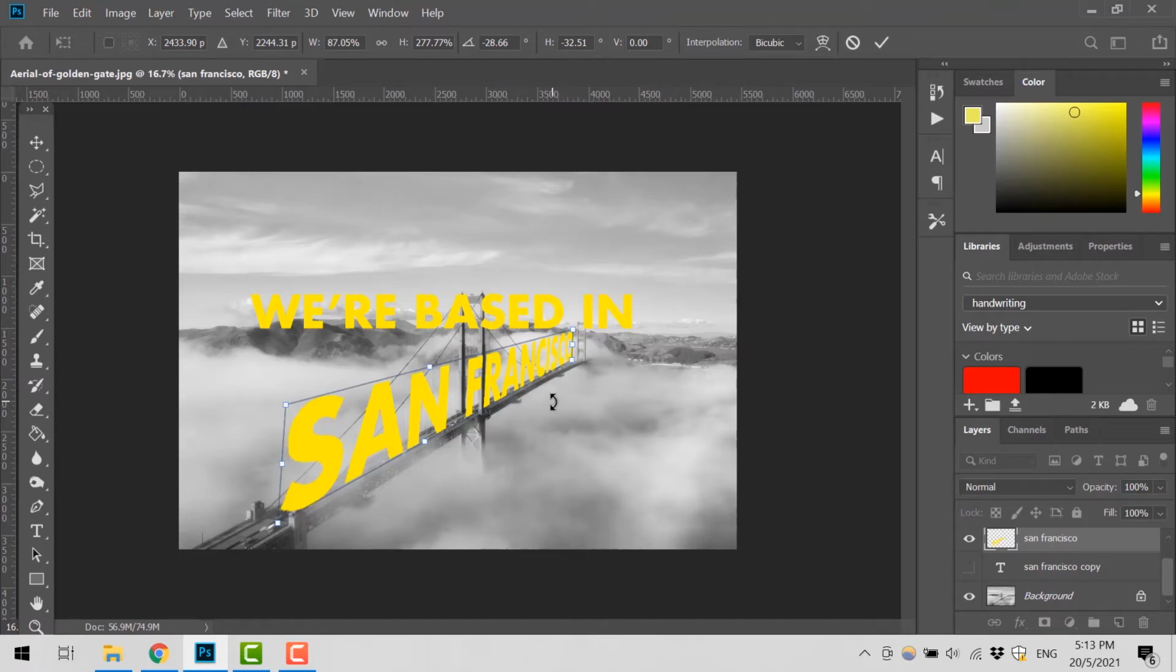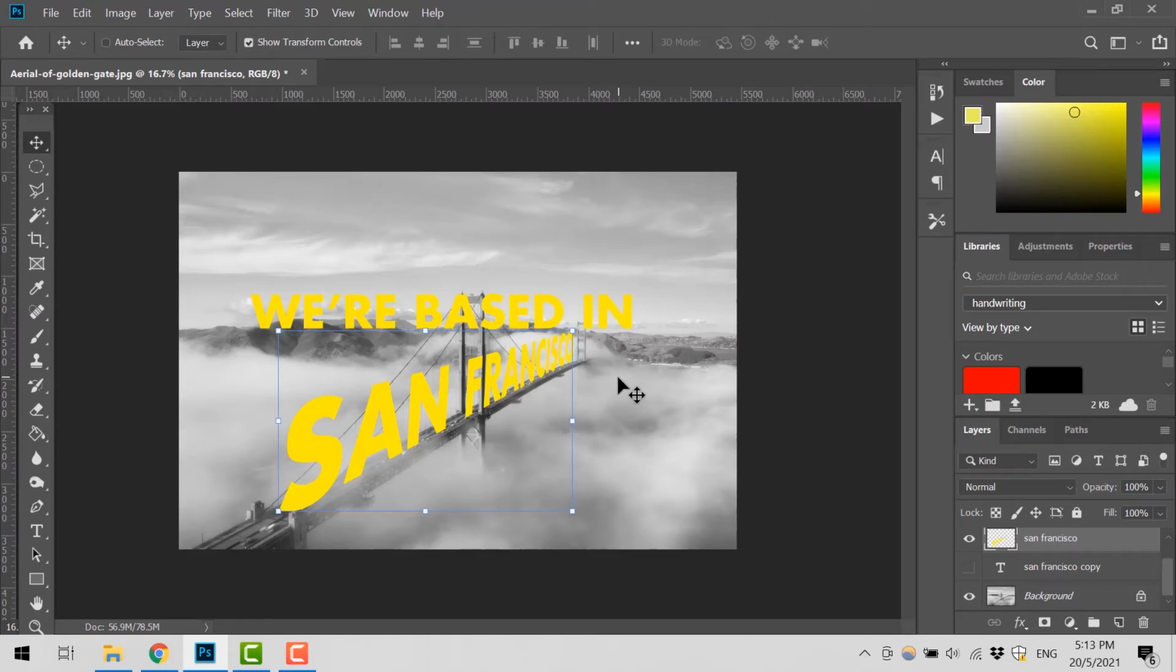So now that we're finished, I'm going to click enter on my keyboard, and this will exit out of the distortion mode, and you have your distorted text. So I think that's looking really cool already. And now let's rasterize the top line we're based in and do the same again. So click this layer, rasterize,